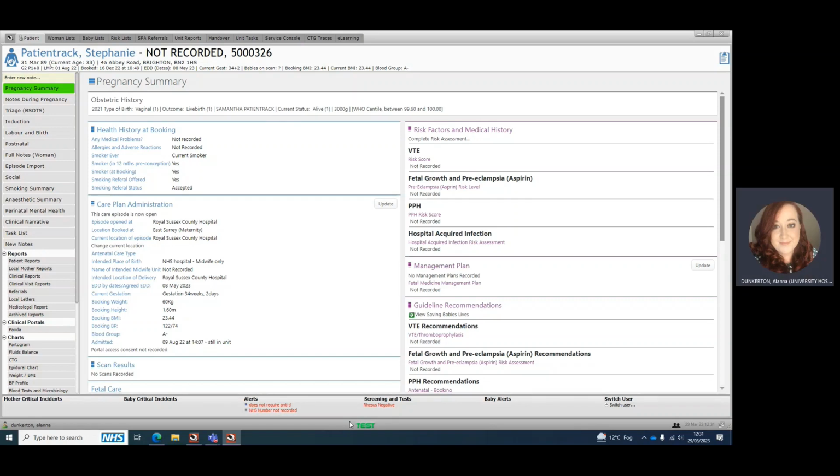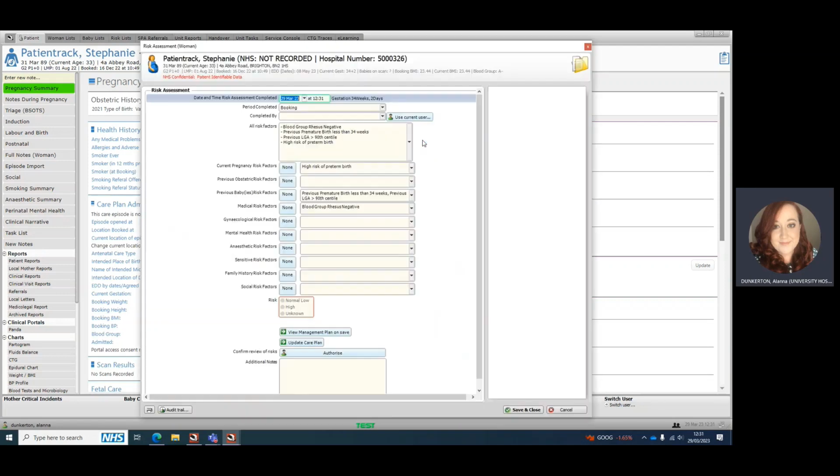So for this example, I'm going to look at every stage. This person seems to have had their booking done, but as we can see from the right hand side of the screen, sorry if that's left, I'm bad with my left and right, we can see that the risk factors have not been updated, so we need to complete a risk assessment. So if we click in here,